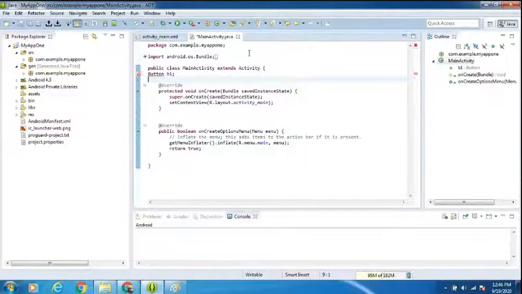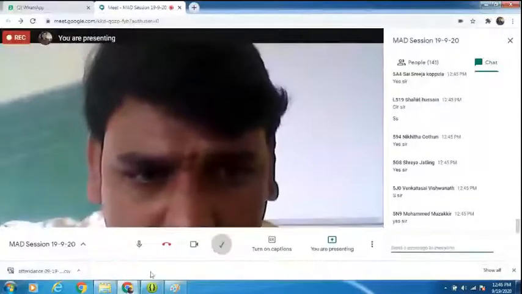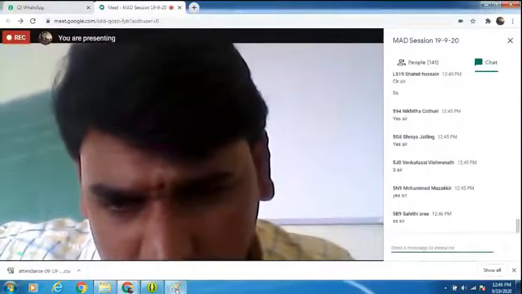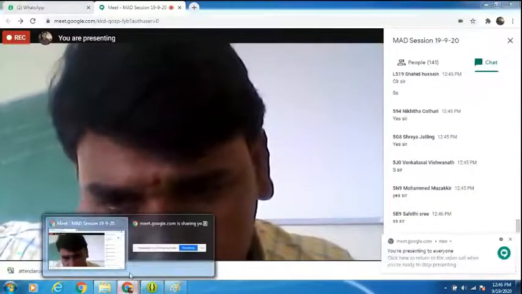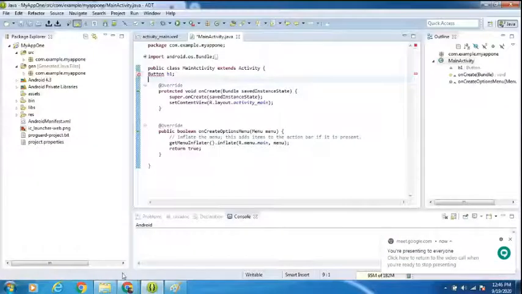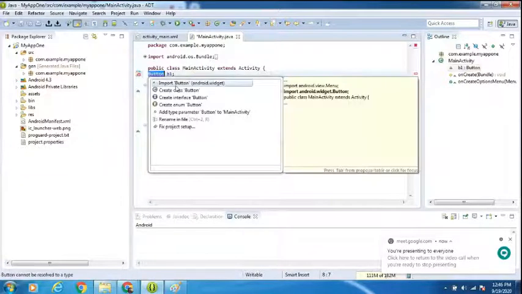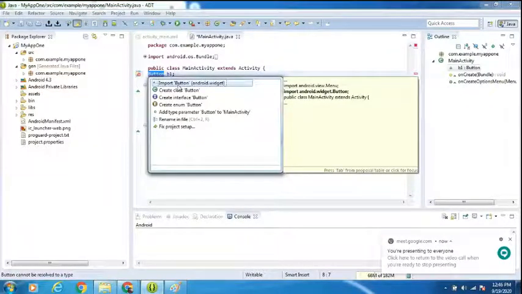Can you able to see the error, everyone, please? You please zoom it. It looks small to you, please zoom once. Are you able to see the error, dear? Just click here on Import. When we are using the button, one import statement is required. Just click it. It's very simple.